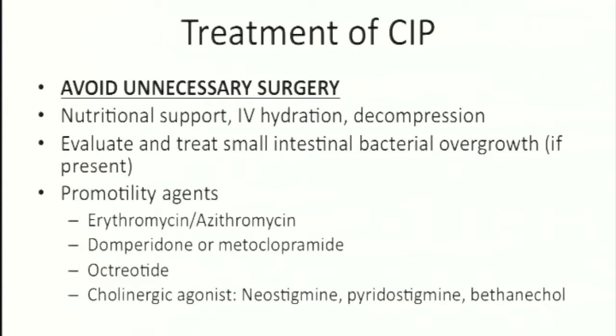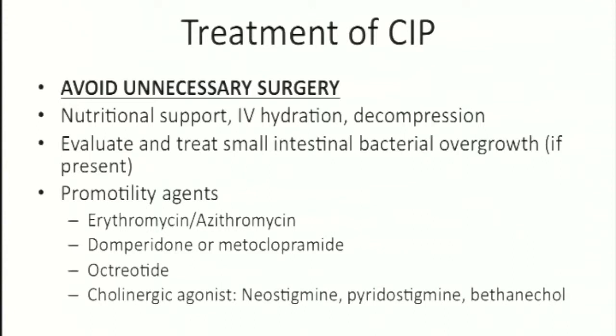So, nutrition by vein, IV hydration, decompression. And if the pseudoobstruction is involving the stomach and small bowel, the decompression is with a nasogastric tube, so a tube that goes from the nose into the stomach where you can suck out the excessive fluid and air. If the colon is dilated, a rectal tube, so a tube in the rectum, you can suck out the air from below. And then if there is bacterial overgrowth, which most likely there is, you can treat bacterial overgrowth with